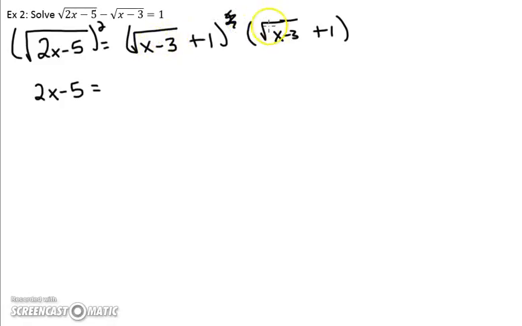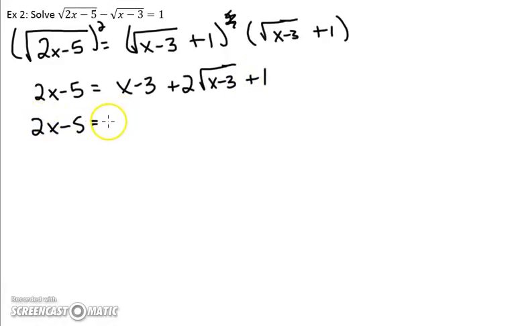So radical x minus 3 times radical x minus 3 is going to be x minus 3. Radical x minus 3 times 1 and 1 times radical x minus 3 is going to give us 2 radical x minus 3's. And then 1 times 1 is going to give us 1. So x minus 2 plus 2 radical x minus 3. So now we're really looking at